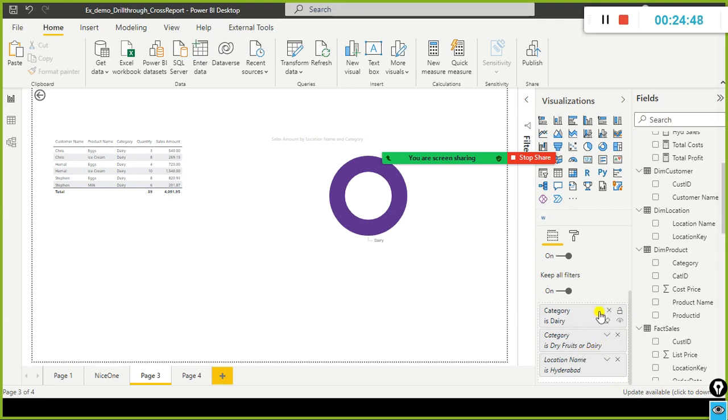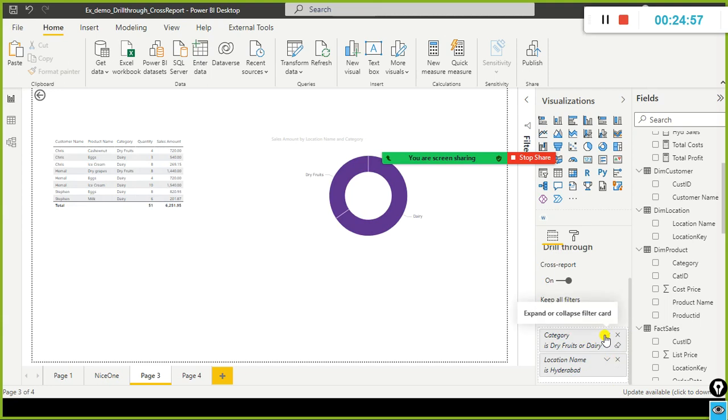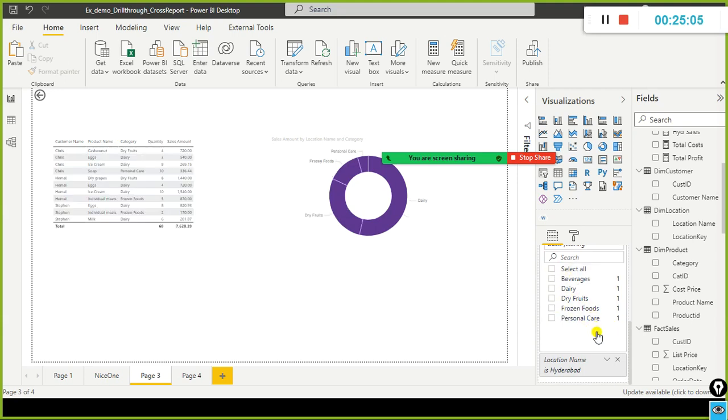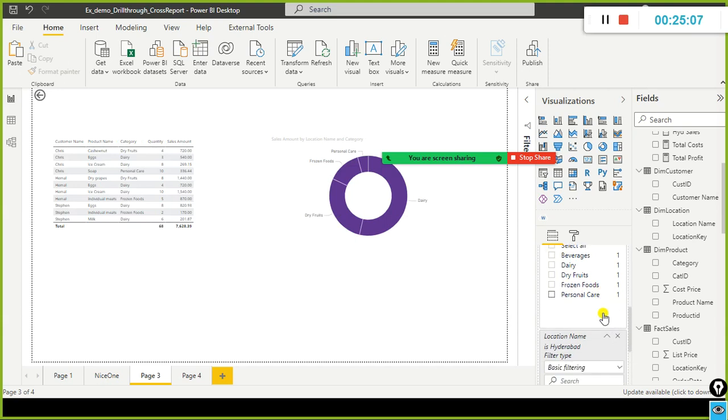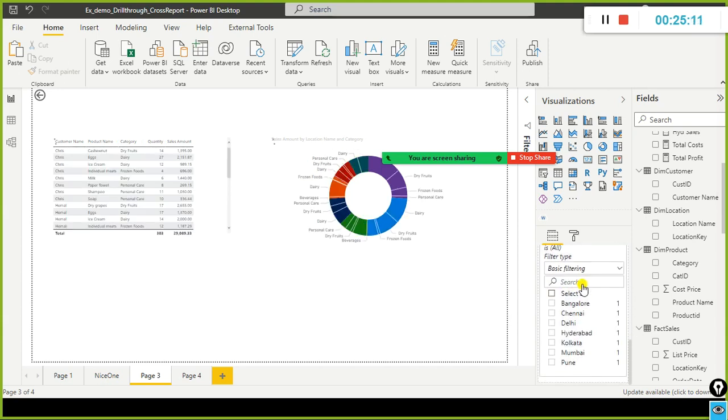Yes, the category, if you see here, all the, no, it is not doing it. Let me better. So all the categories are visible, right? There is no filtering here. And location name also, it's been always good, right? Select all or unselect everything, it should display.